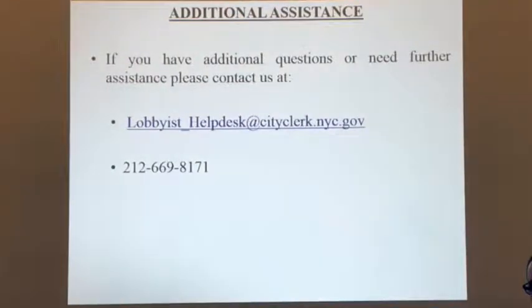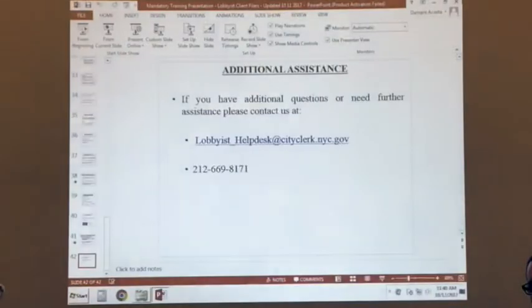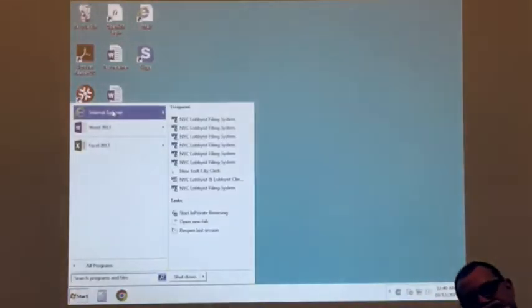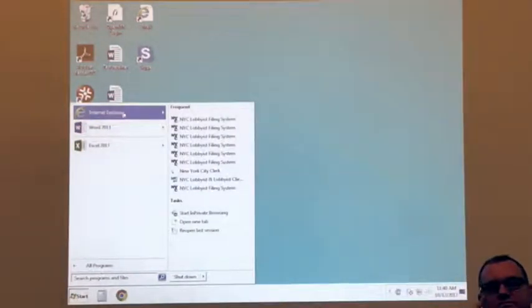We do have a very small staff. We're actually one of the smallest city agencies, but we really make a big effort to timely respond to all of our emails and telephone calls. So if you ever have any questions, need any help, just feel free to call or email. I do recommend for the more complicated questions that you email. It's better for you. You'll have a record of your answer.